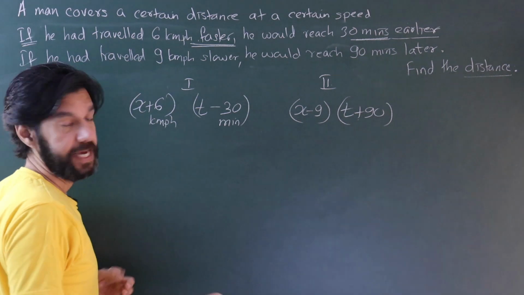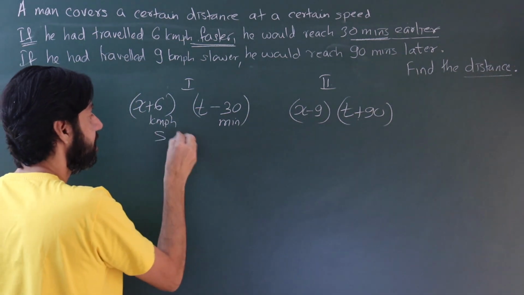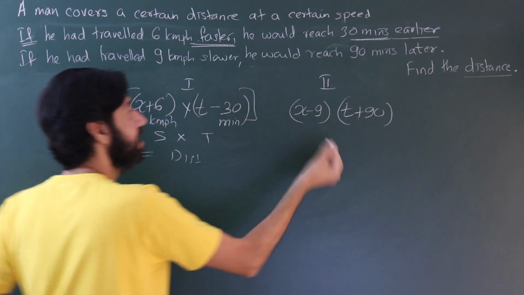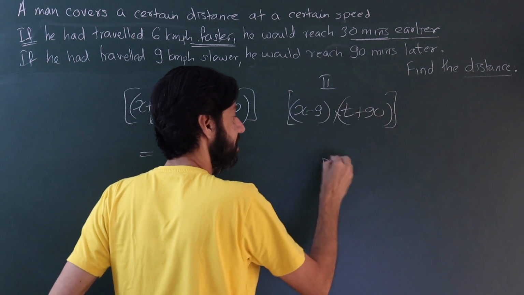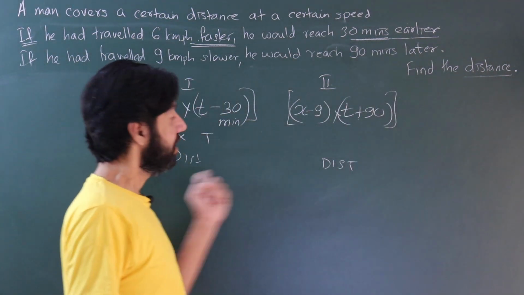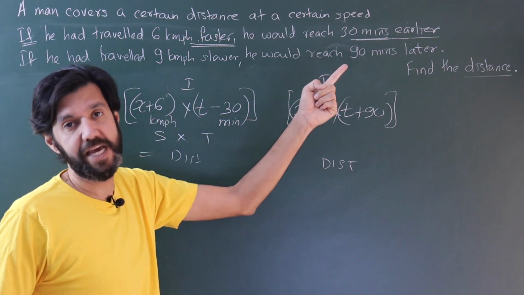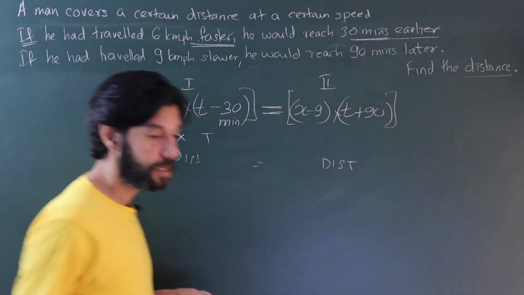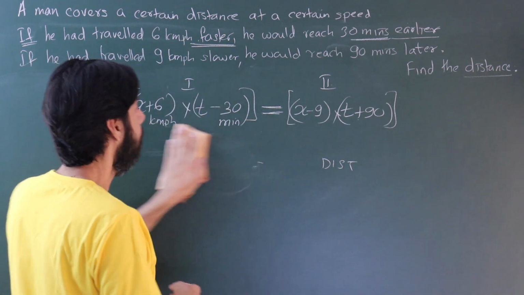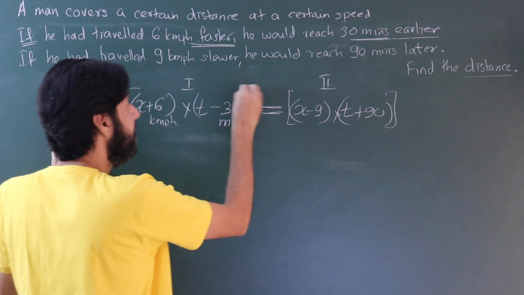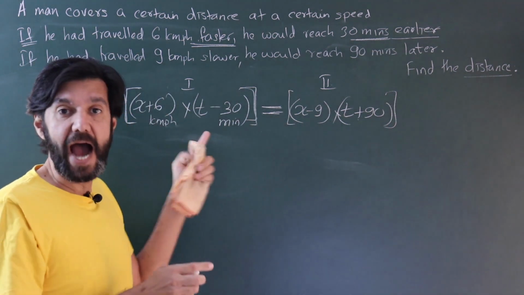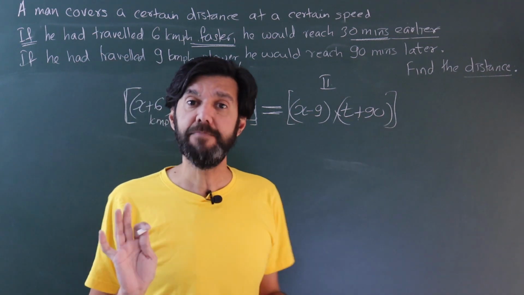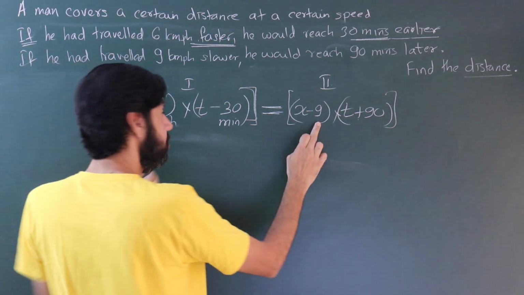And now what I am doing is finding the third thing. Speed into time is distance. So I multiply this and it becomes my distance. Here also I multiply it and it becomes my distance. And what do I do with part 1, part 2? Think in terms of distance: the distance is the same. So that is how my equation forms. And once I form that equation, that also takes away another worry of mine, that of units. Because I'm not finding an independent numeric value, I am equating this to something else. If I'm balancing two sides, as long as I am consistent, this is also kilometers per this.